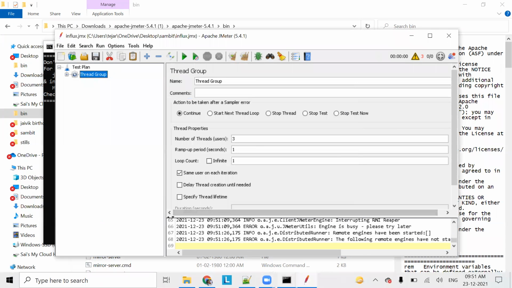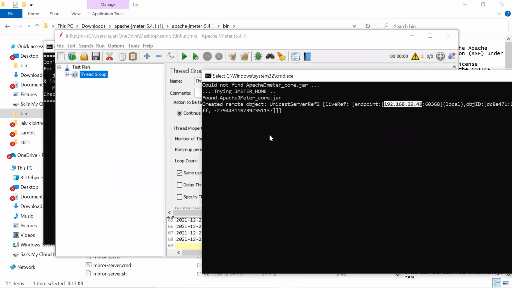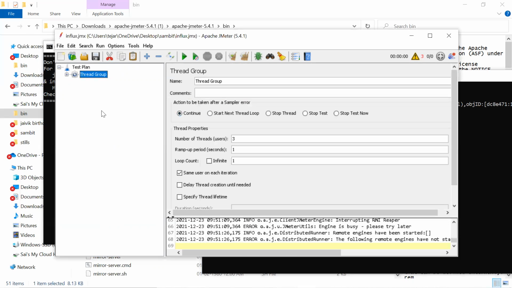In this server.bat you will see the output: the start time and the end time. Otherwise, you will get errors like the master not being able to connect. But is this the only change needed for it to work?